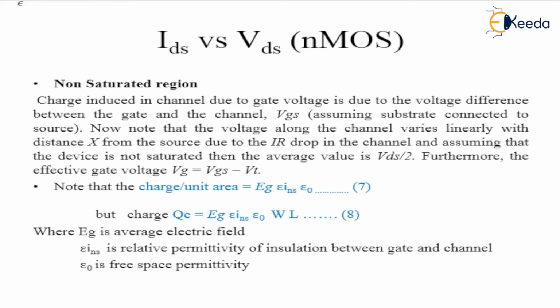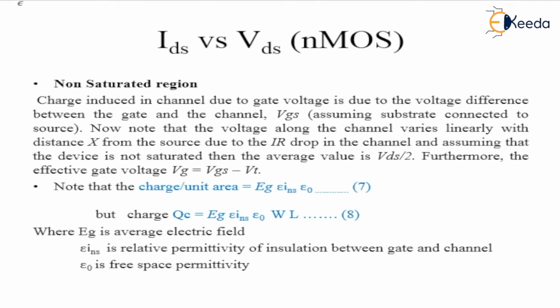So here in non-saturated mode, two voltages are going to exist. With those two voltages, the transistor works in two modes of operation. One is saturation mode, the second one is non-saturation. We are studying non-saturation. Under non-saturation, recollect our previous videos, two conditions of voltages we have to give. First one is VGS should be greater than VT.